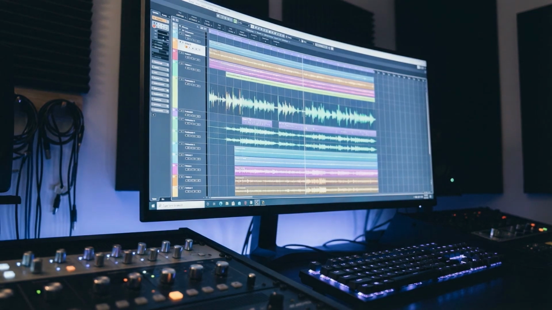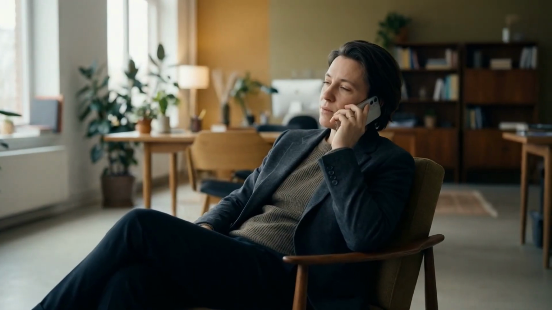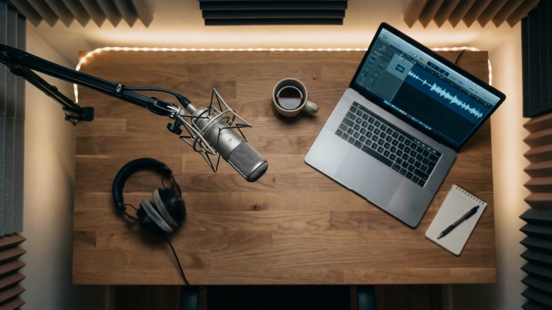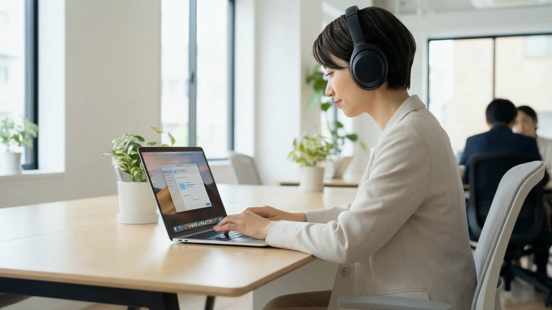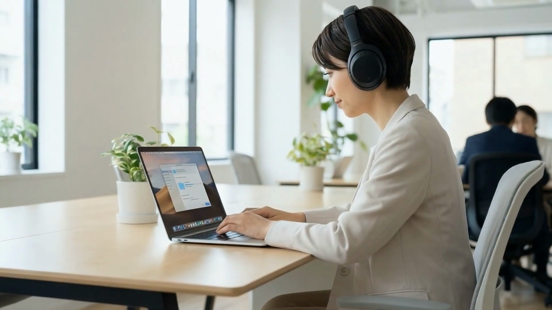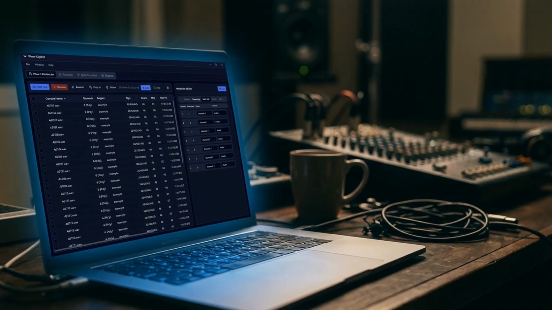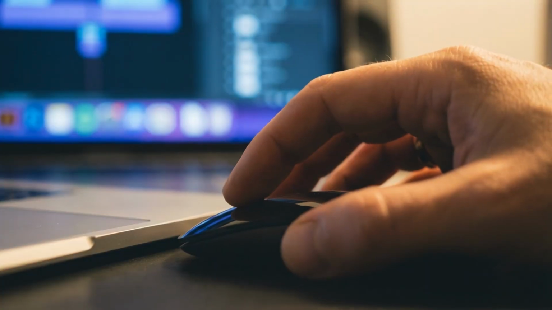Not every delivery needs a 48 kHz 24-bit wave. If you're sending a reference cut to a director who's going to listen on their phone, they don't need lossless. If you're delivering a podcast episode to a host, they want an MP3. If a client asks for a compressed copy of a mix to share internally, they don't need the 2 GB WAV file. Wave Copilot exports WAV files to stereo mixdown MP3 and AAC in batch, and it keeps your